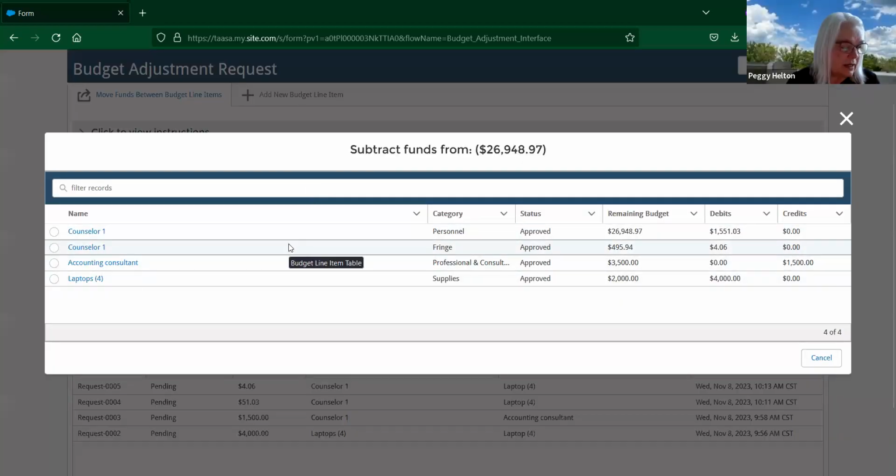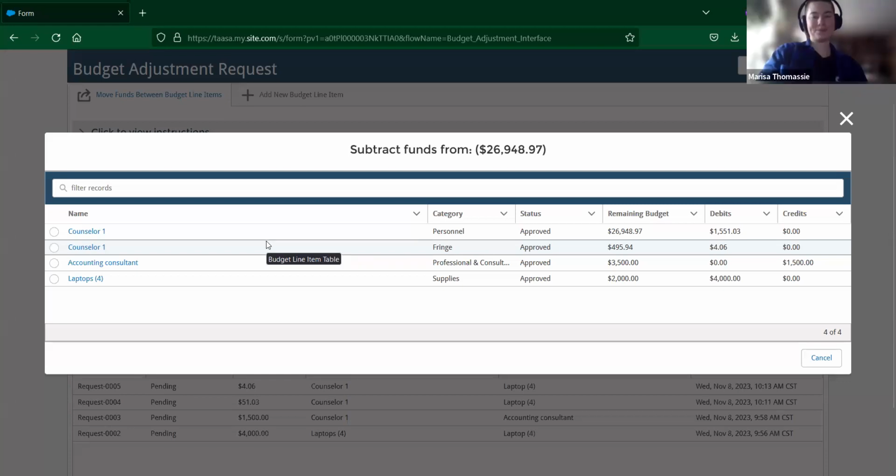No, I think it's connected to the earlier question. Like you have to make each individual budget adjustment. Yes. You can't do multiple. Yeah, you can't do like 3 at one time. Yeah, unfortunately not. Yeah, I think because of the way that